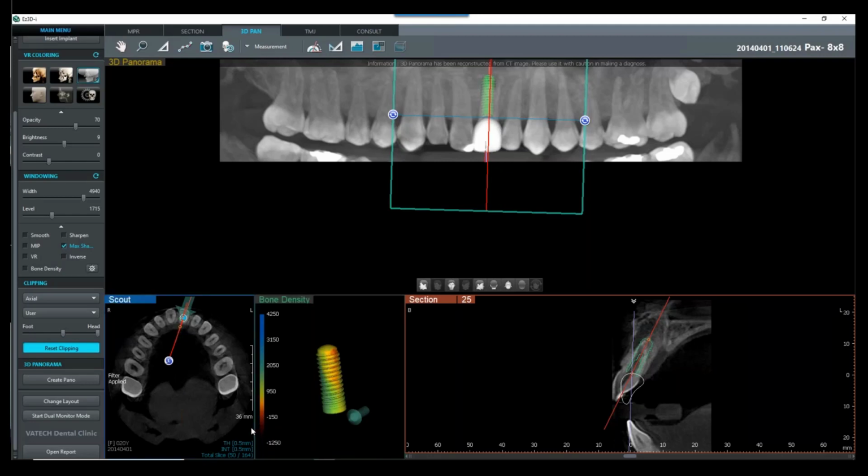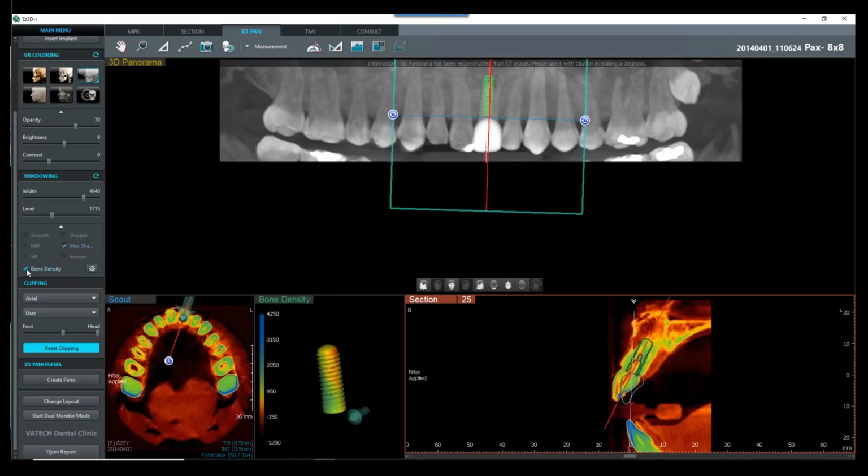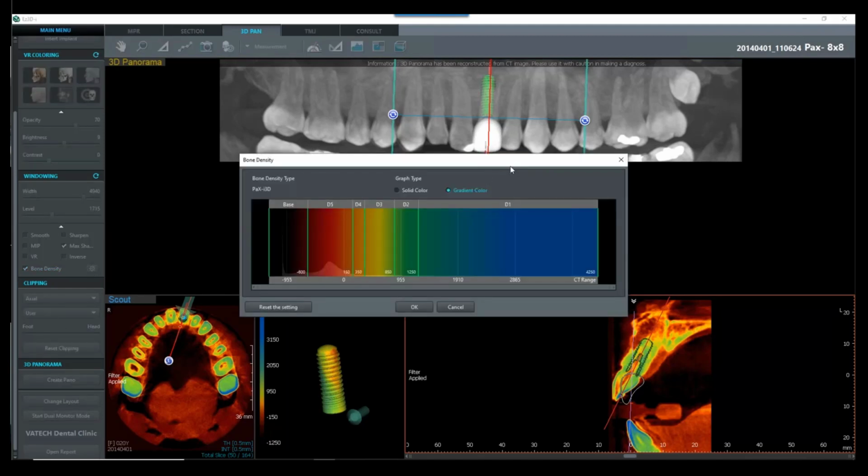Also, we have the bone density click box in the windowing section. You can measure it before you put your implant in, or after. If we click that bone density checkbox, we get a measurement reading, and you can see on that section slice where areas may be more dense or less dense. And if you want to see another scale, we can click on the little gear next to the words bone density on the left, and it will display this nice